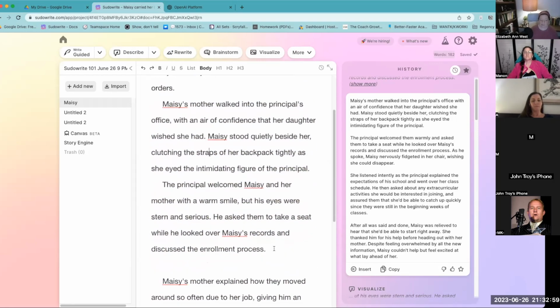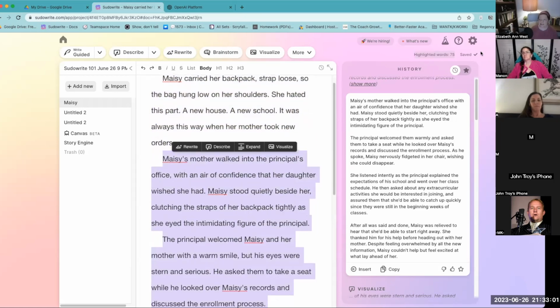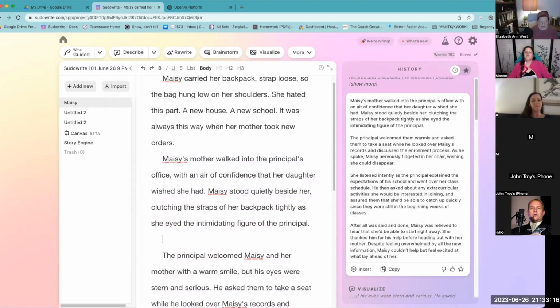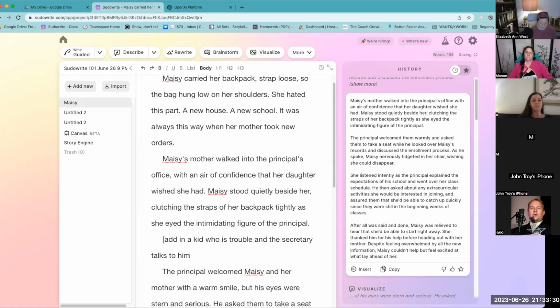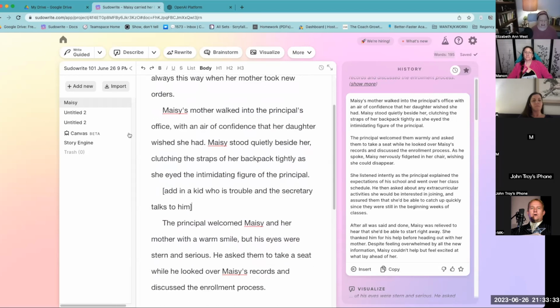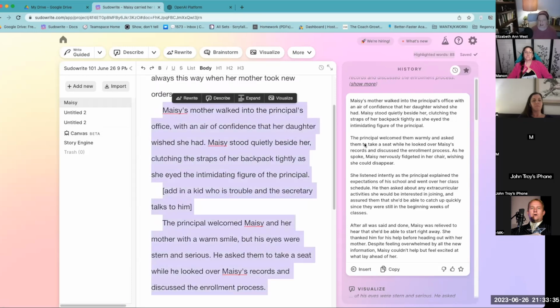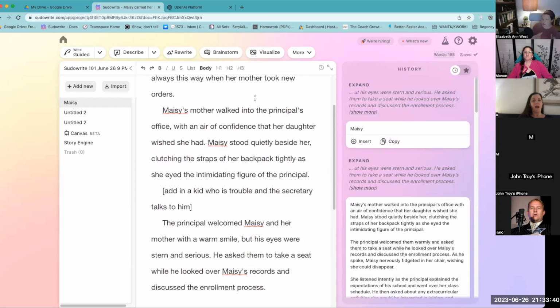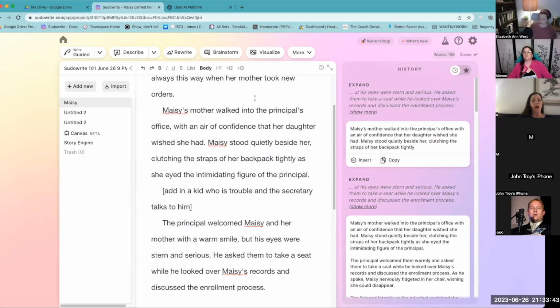Okay, so that was expand, and that turned those 75 words into 178 words. This can be a very helpful tool if you just want to take some words that you have and make that scene longer, maybe to control the pacing. This is an advanced technique that I'm about to show you that works with expand. If you put instructions into brackets for something you want to have happen in the middle, I'm going to put, add in a kid who's in trouble and the secretary talks to him. I just put it into brackets. Still at 88 words, so I'm still under. Now when I click expand,